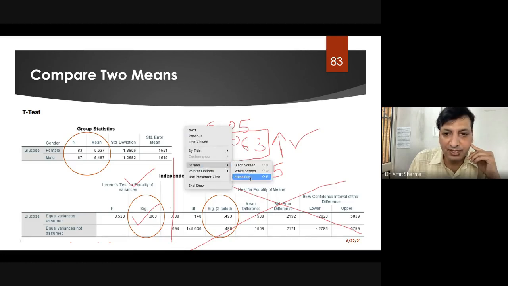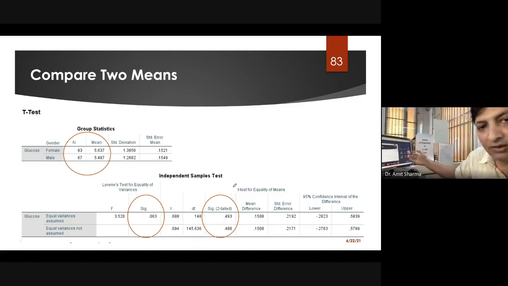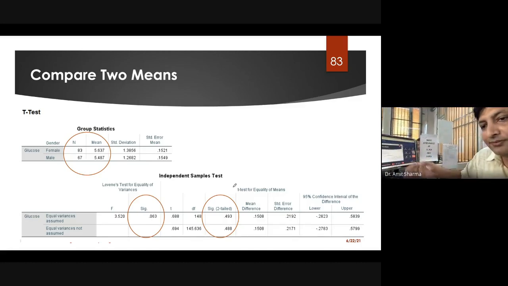I'm seeing that most of the participants are sending queries. I'll take all the queries at the end, once I finish the session, because in front of the screen I have a presentation and I'm not able to see the queries. I'm seeing them on another system which is nearby me.